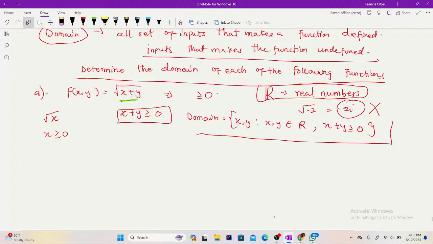Okay, so what is going to make this undefined? You know that when x plus y is less than 0, everything here will be what? This will be negative, therefore it will be undefined. So meaning you have to take this out. So somebody too can say that